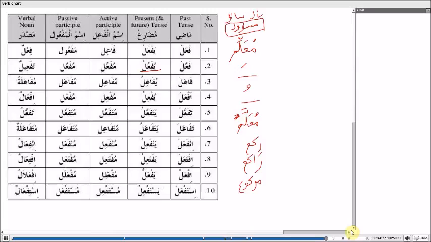But if I ask my wife, where are my shoes? She said, I'm not responsible for your shoes. Well, you were the one cleaning the hallway last time. So yeah, you are. Because you're the one that picked up stuff and moved it. So you're the one to be asked because you were the one who did it. You're responsible. So all of this comes from the fa'il, the maf'ul, the masdar. And I'm just talking. If you guys have any questions, let me know.